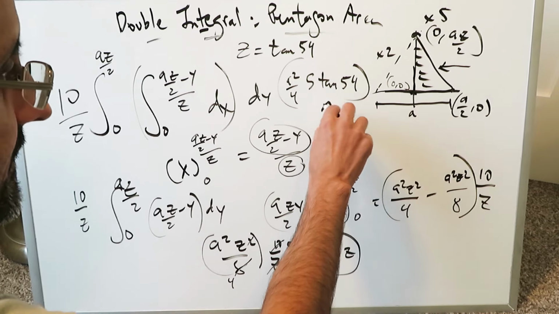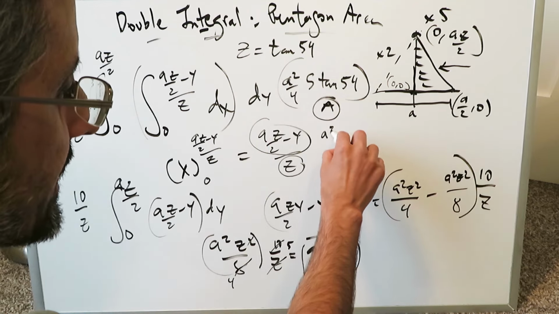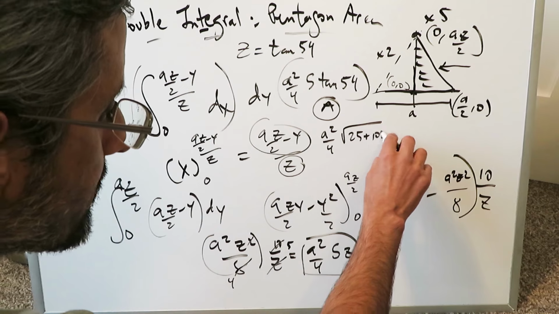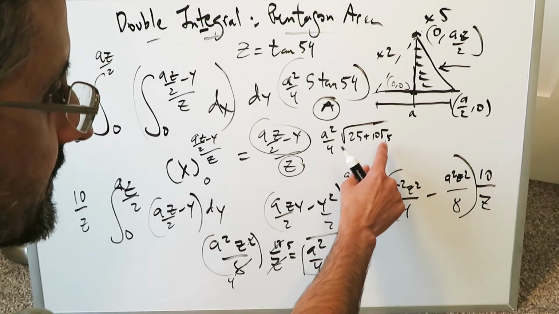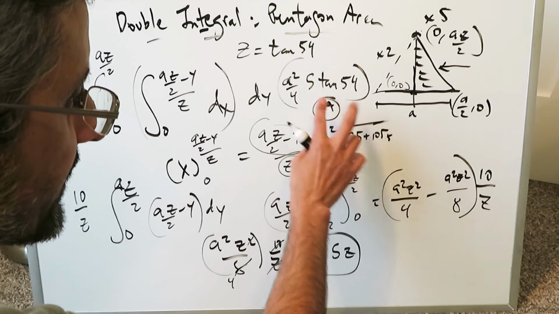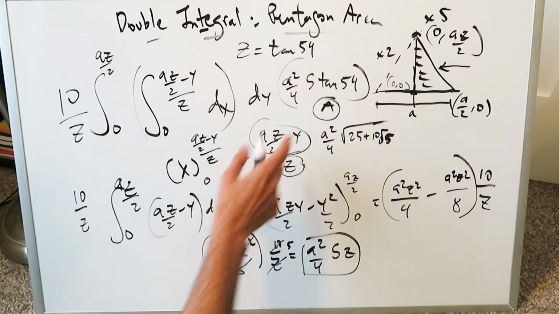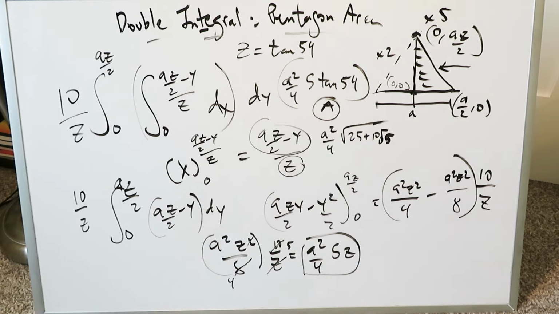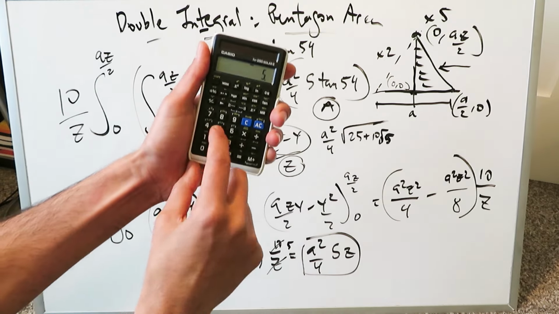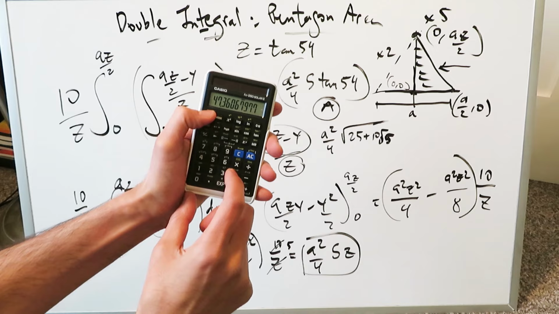which is what I alluded to at the very beginning, and this here is my area formula, and it will be right. And it should be equal to a squared over 4 times the square root of 25 plus 10 root 5. That's the geometric formula because you're using the exact value of tan 54 with a 5, and it's equal to all of this. Either of these formulas is good. This is the formula you're getting through integral calculus. We can just verify that this indeed is equal to that. You do 5 times the square root of 25 plus 10 root 5,